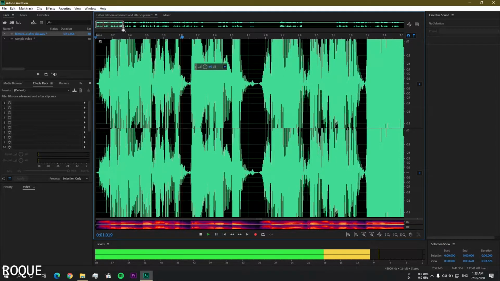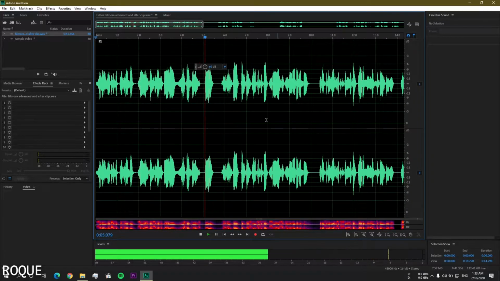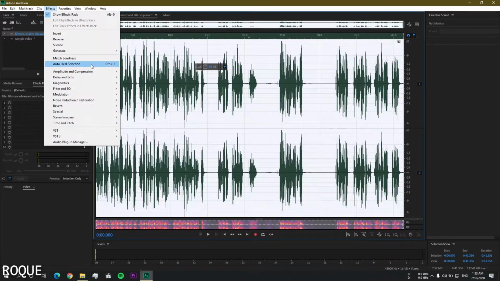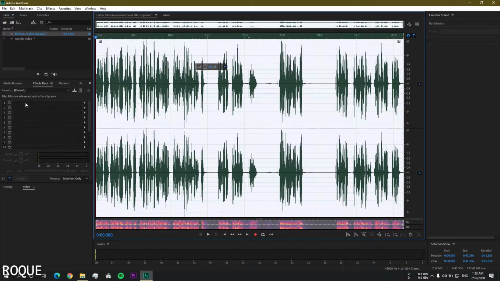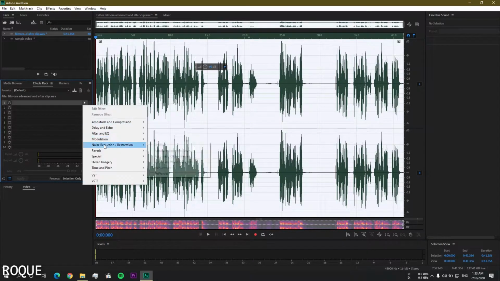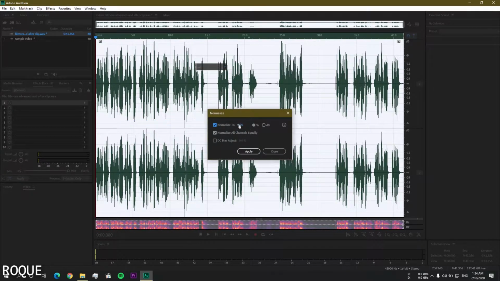Now next is the preview render. Now I'm going to show you the effect settings that you can apply and remove. But in this effect setting you can't remove it or customize it later.